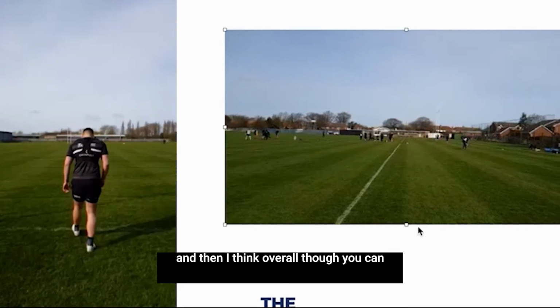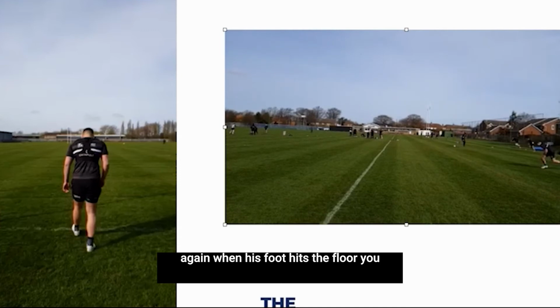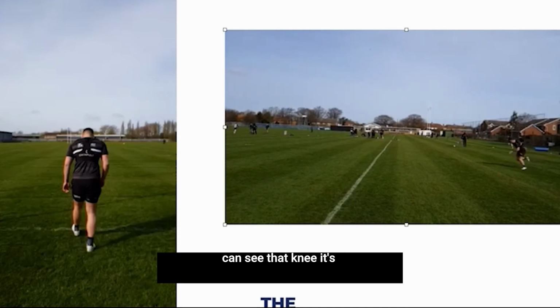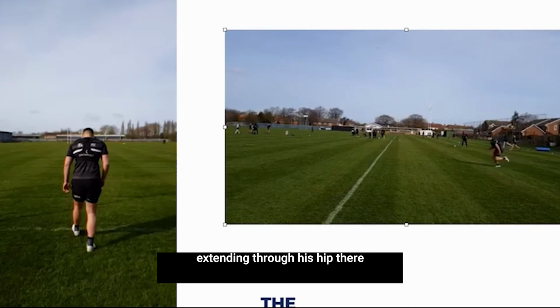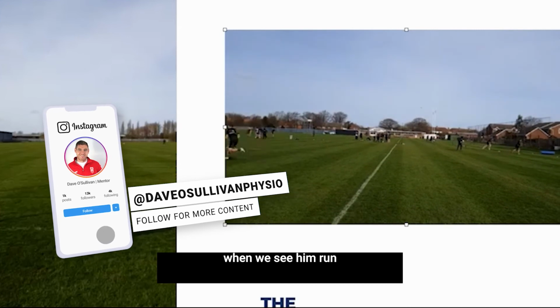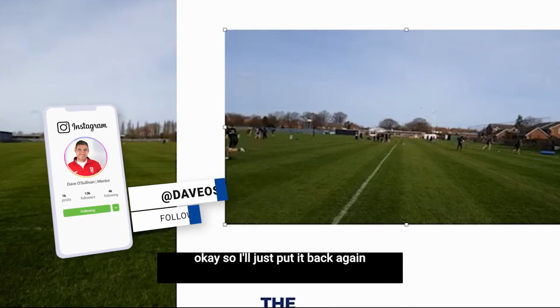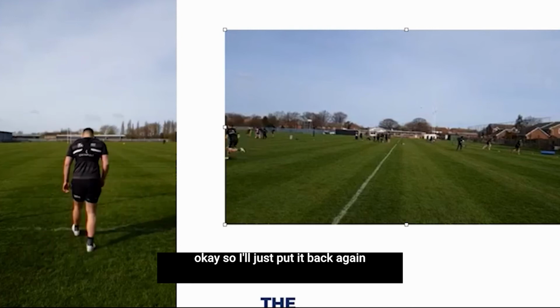And then I think overall though, you can see here again when we look at this as he starts to accelerate, again when his foot hits the floor, you can see that knee, it's co-contracting, he's not sinking, and he's really extending through his hip there. Okay, so again we're pretty happy when we see him run. Okay, so I'll just put it back again, and overall there, as I said,